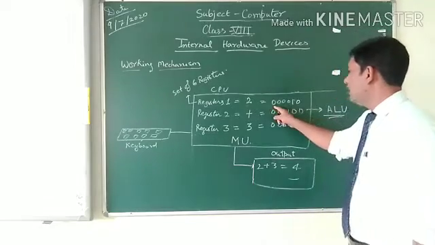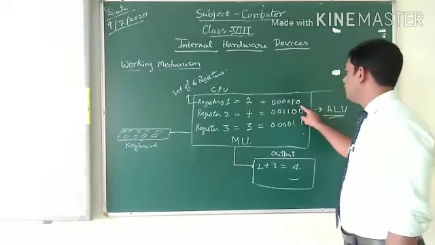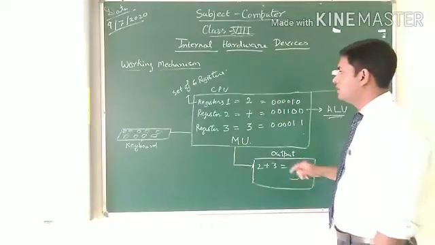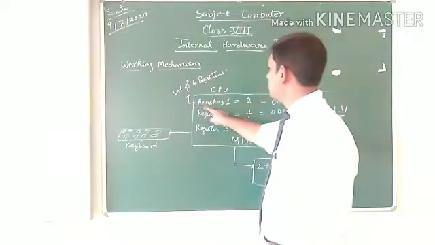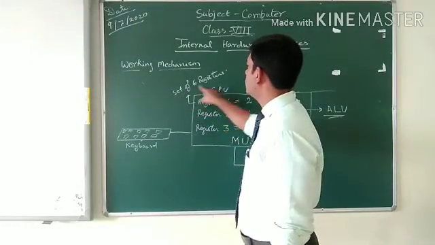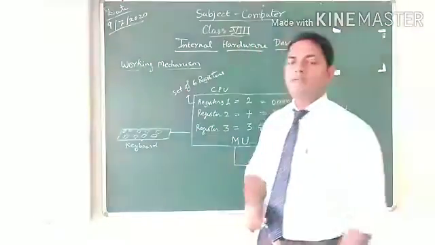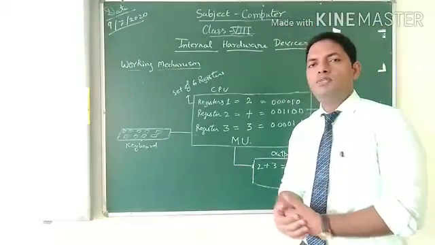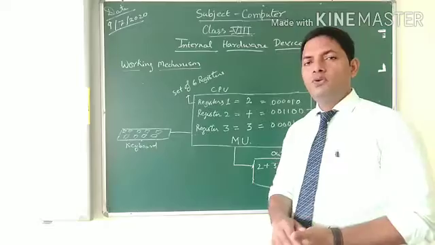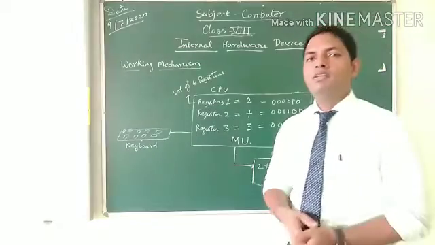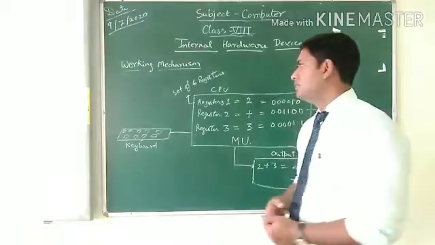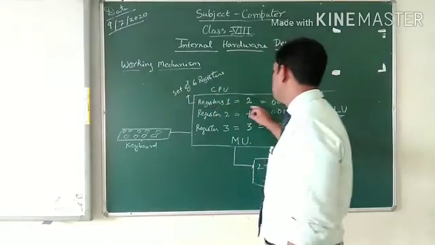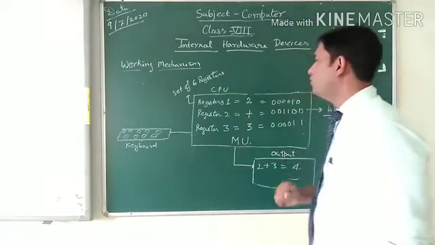If I say that the number is defined by the use of 6 bits, it means this register is made up of a set of 6 other registers. As we know, each register stores 1 bit. Therefore, to store a 6-bit number, we will require 6 registers. So, this register is a set of 6 other registers which store the number 2.